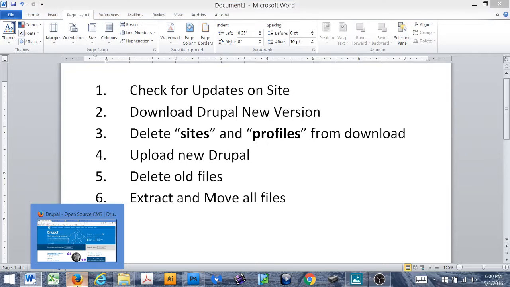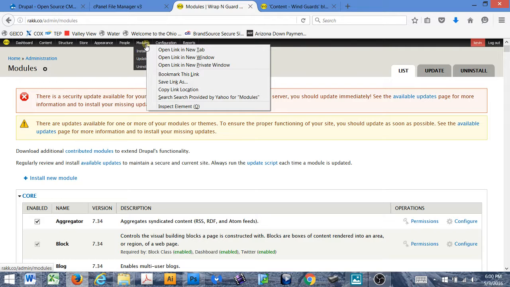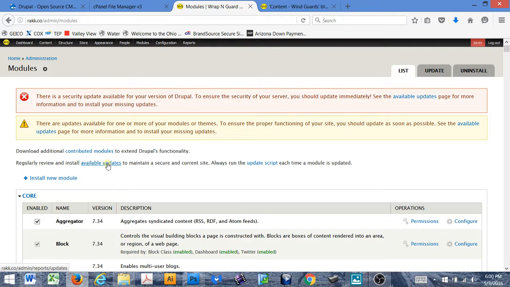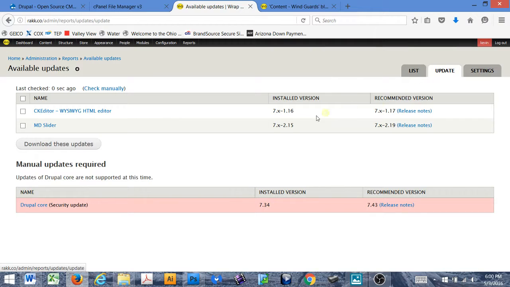So let's first go to the updates on your site. So come to your site. The easiest way to do it is just go to modules and then go to available updates right here. And then that's just all about your Drupal core. Then go up here to the update tab. Your MD slider will never update. You can get updates of it from where I got the template from, but it's a pain in the butt,